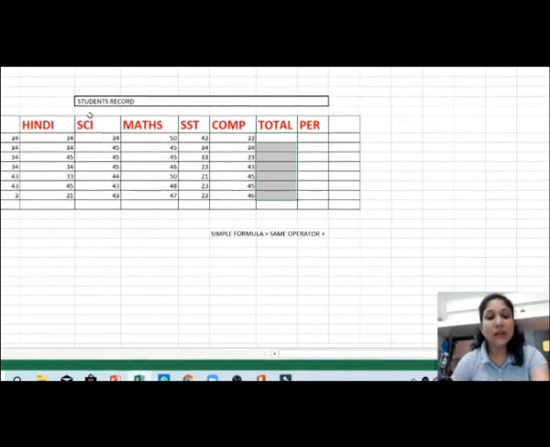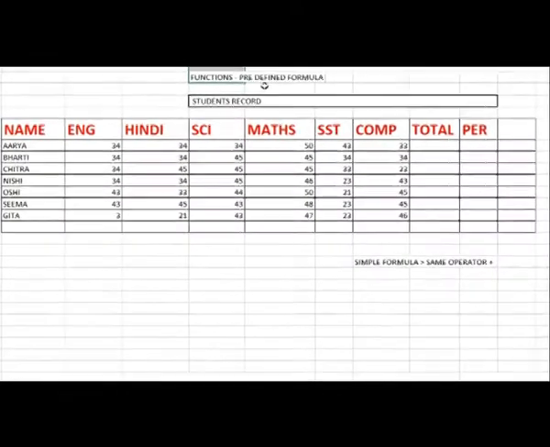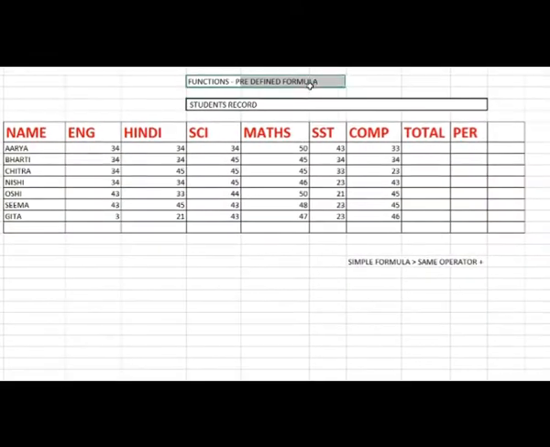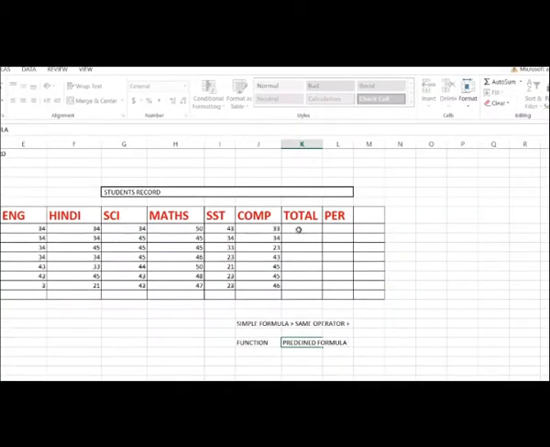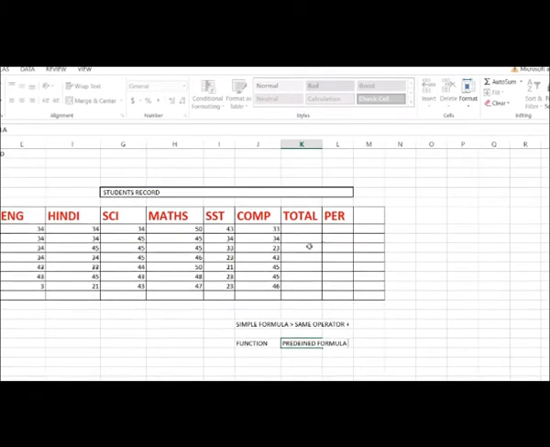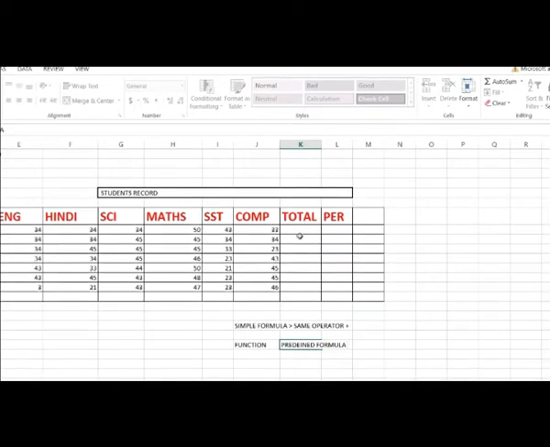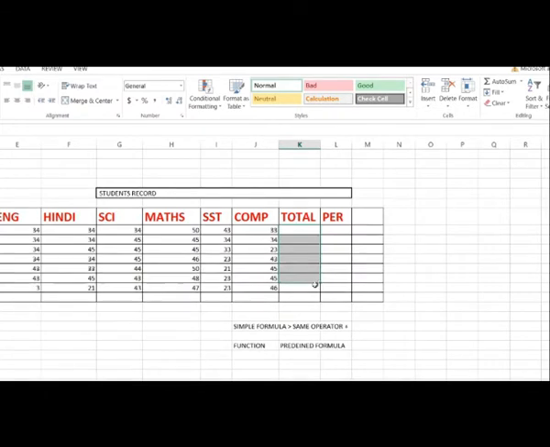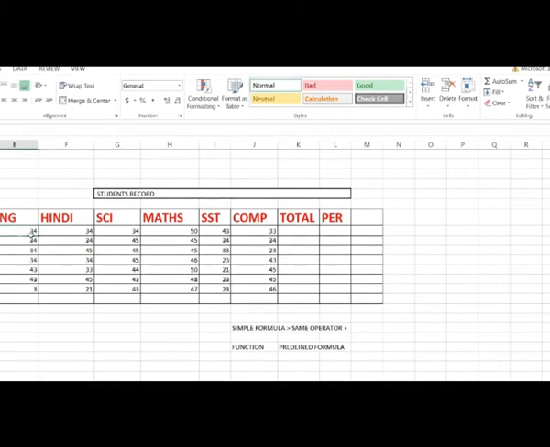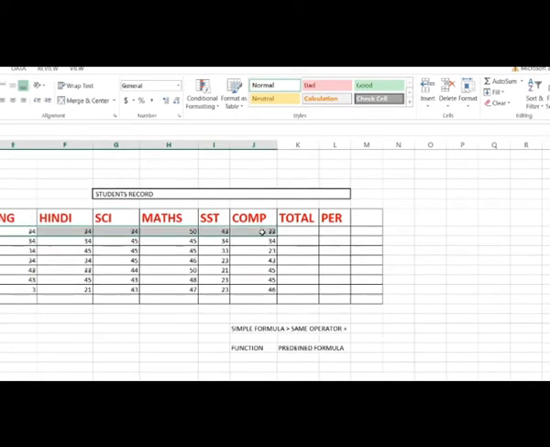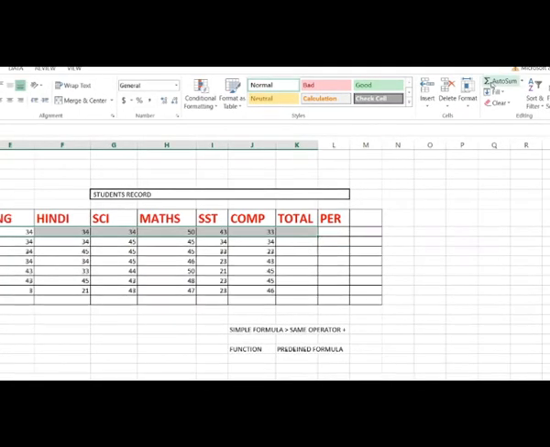That is by the use of functions. What are functions? They are predefined formulas. When you take a function, it will directly add. Here, when you were taking the formula, you created the formula, but this type of formula is already available in the function. I'll show you how. You select the cell, children. You want to add, so first select the values which you want to add and one extra cell where you want to display the result. Then you click on auto sum.